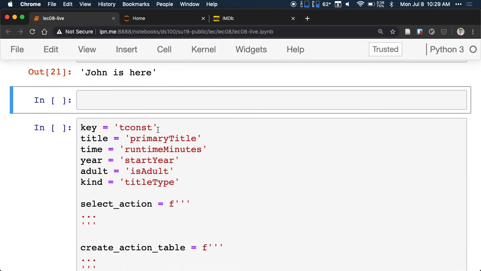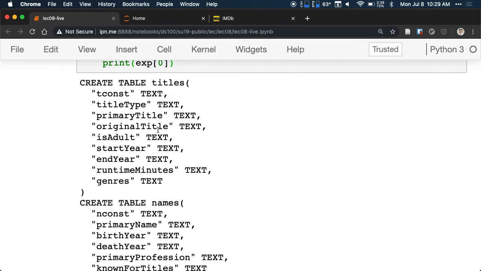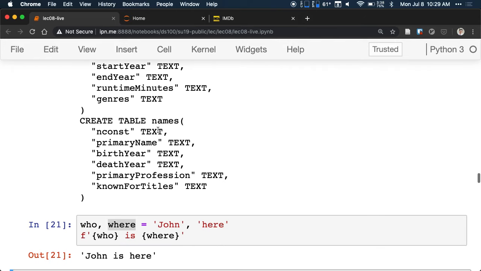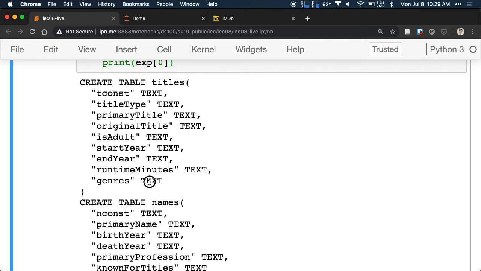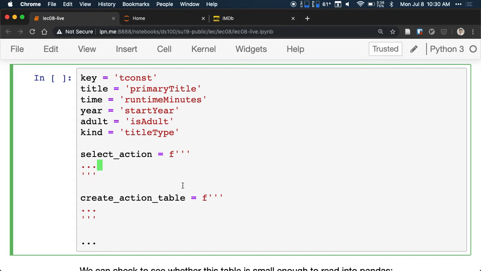What I want to do now is I know that this table is really big, so I want to slice out some subset of this data so I can work with it in Pandas and try to see some patterns. For example, I can look at the genres of my title table and select out only the action movies that came out after 1900. So I have here a string, and I put the f in front of the string to say it's an f-string. I can write a query here